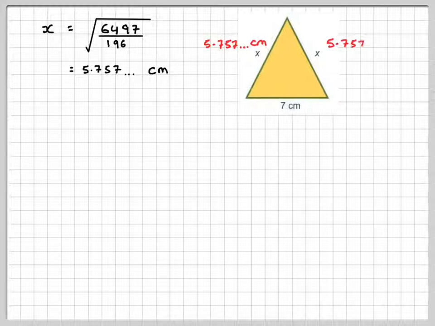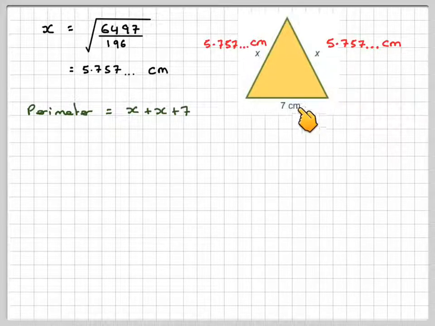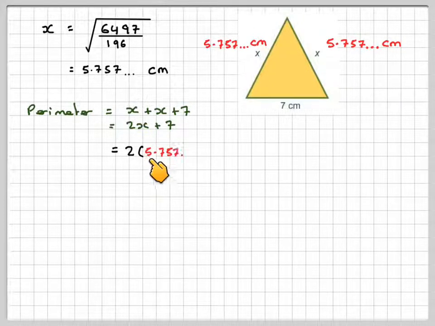Reminding you that we want to find the perimeter, the distance around the whole of the shape. So that's going to be x plus 7, which is 2x plus 7, and therefore we're going to say this is going to be 2 times my answer from the previous part plus 7. Now, if you've got this in your calculator, all you need to do is 2 times the answer button plus 7, and that will give you